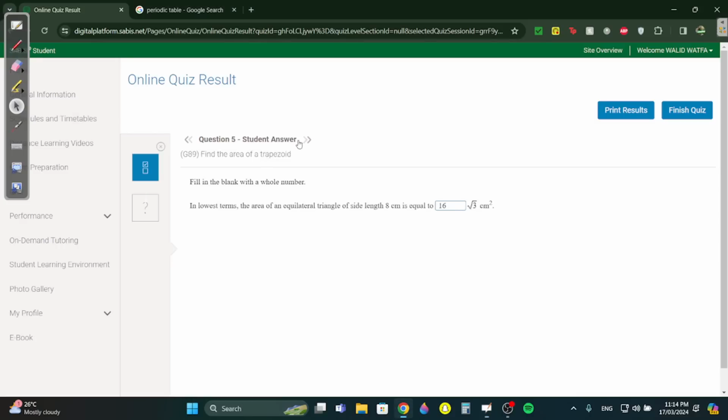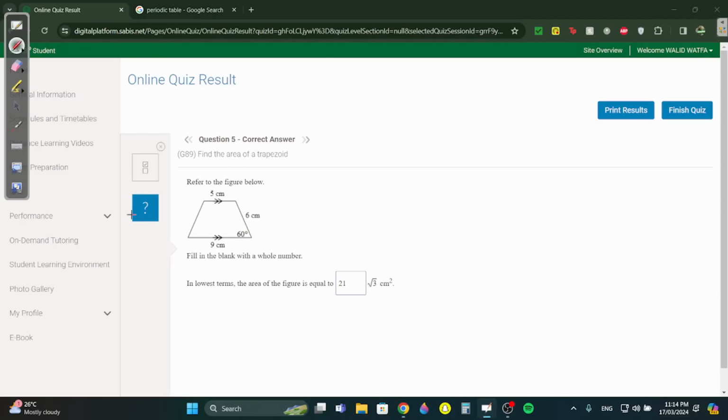Question 5. What's the area of the figure? Okay, this is a trapezoid. We need base 1 plus base 2 over 2 times the height. We have base 1 and base 2, 5 and 9. But we don't have the height, but we do have this 6 and we have this angle over here. So I can give you the formula, but I also want you to understand. The formula is going to be base 1 plus base 2 over 2 times